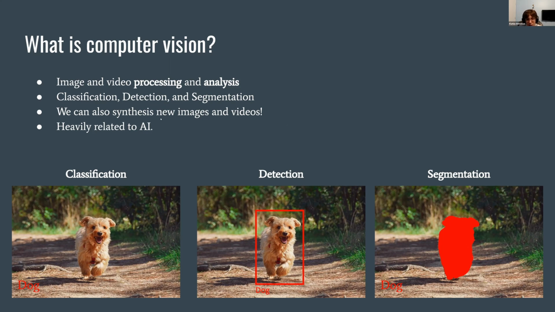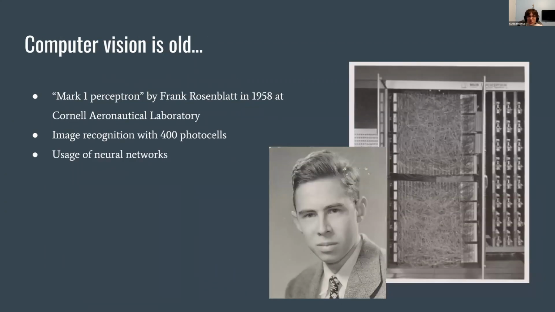Computer vision is strongly related to AI. It's actually one of the first AI projects that was ever created, which we'll talk about right now. Computer vision is really, really old. You were probably not born at that time, and your parents might not have been born either. Your grandparents maybe. One of the first computer vision projects was the Mark I Perceptron by Frank Rosenblatt in